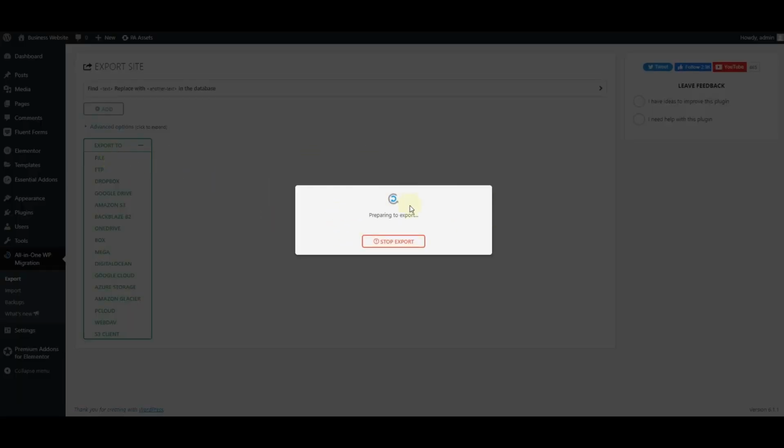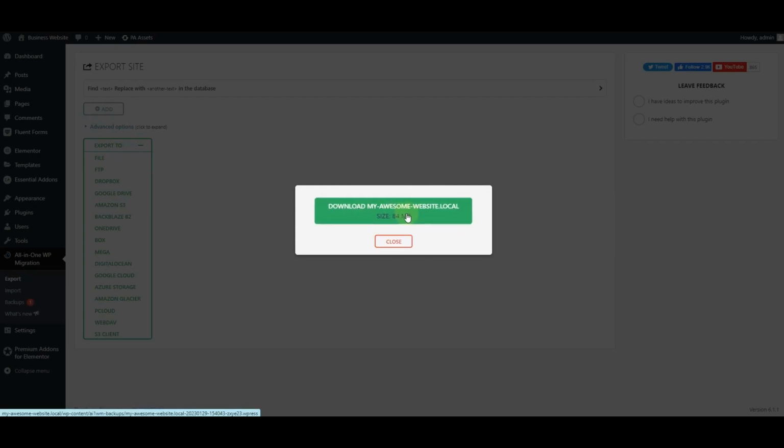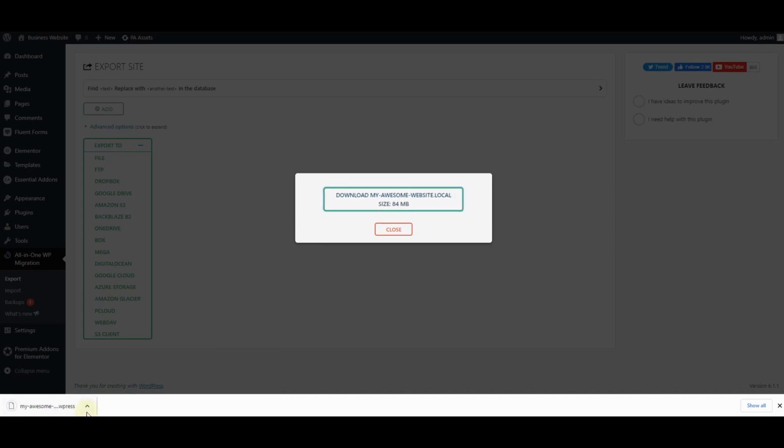Once you click on this file, this will automatically start accumulating all the plugin files, theme files, media files, and every other thing. You can see our website size is only 84 MBs. So you can click on this one and it will automatically start downloading this WordPress file here. Once you have this one downloaded,